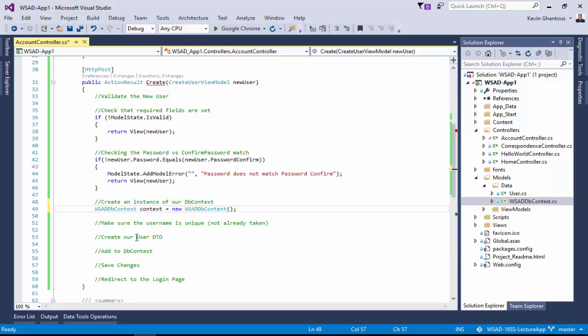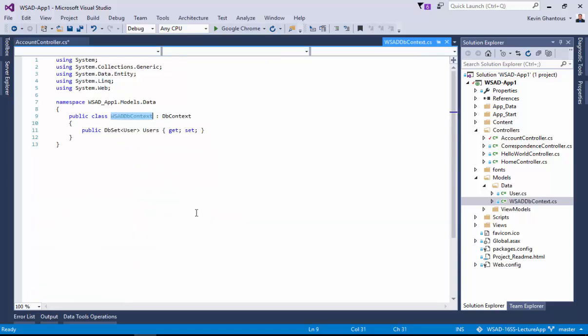And that can end up adding to memory pressure on your computer or on your server. That can end up adding network pressure in terms of open connections. And while most servers can have a very high number of connections, there still is a limit. So you want to make sure that you're being good stewards of your resources and that you're actually releasing those connections when you're done. To do that, because DB context implements what's called IDisposable, and I'll show you that here,